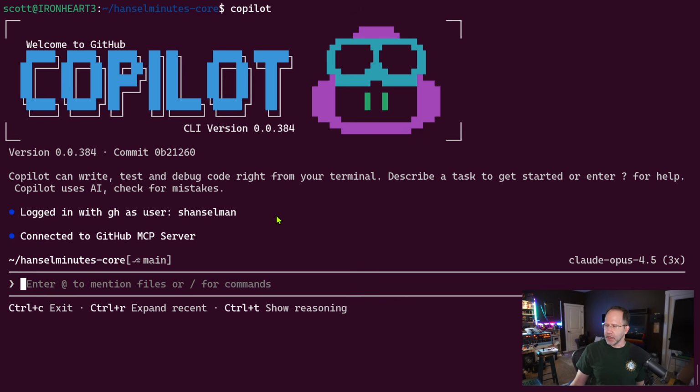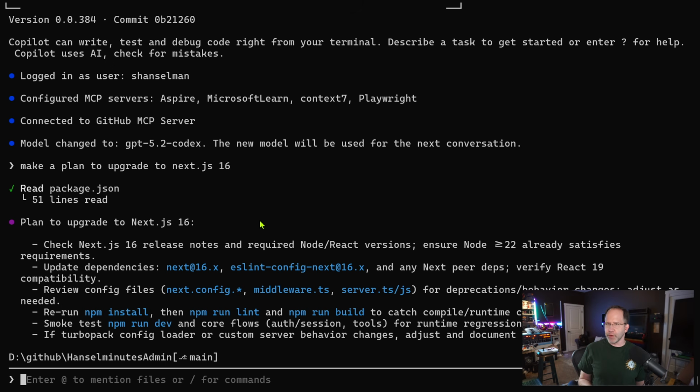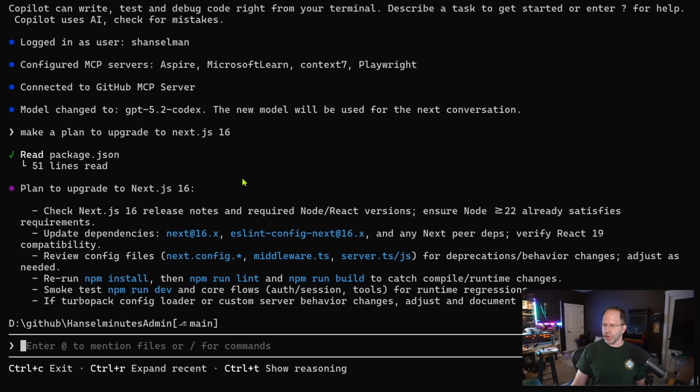In this case, I'm in WSL on Windows, but I'm also on Windows proper inside of PowerShell that runs everywhere, including on Macs. I asked it to upgrade my Next.js 15 application to Next.js 16. I had it make a formal plan for me, and I was thinking I would run this work locally, but then I realized that I could delegate that work while I focus